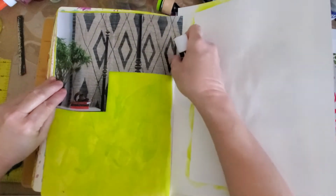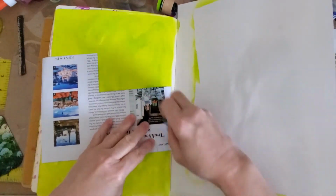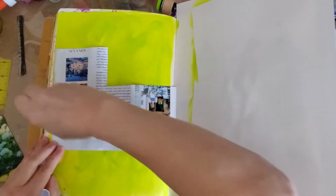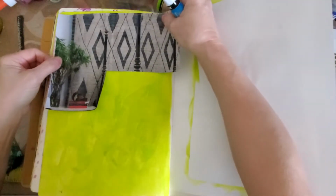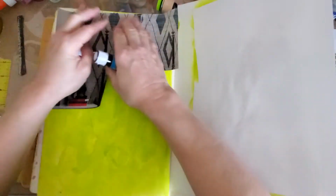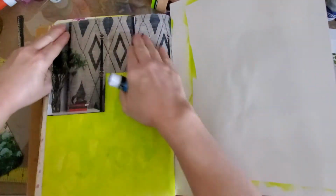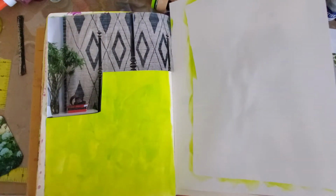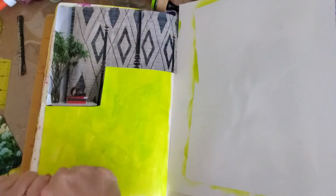I think actually when I got some of these, I was kind of getting desperate for magazine images, so I thought I'd kind of challenge myself. I like to do these little vignette looking collages, and so I thought I would just really go with